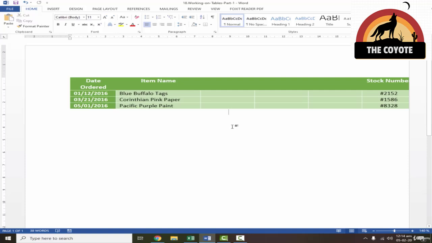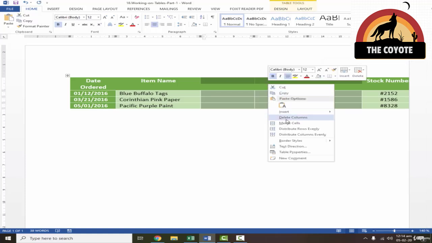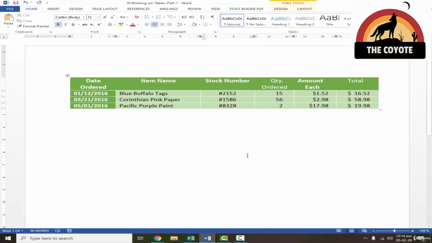And similarly, if I want to delete a column, the first step is selecting it. So I'll just go on the top. When I see this down arrow key, I'll click on this and start selecting, and then right click and click delete columns. So just practice that, because this is a very important point. When you practically create a table, you need to make some adjustments, right?